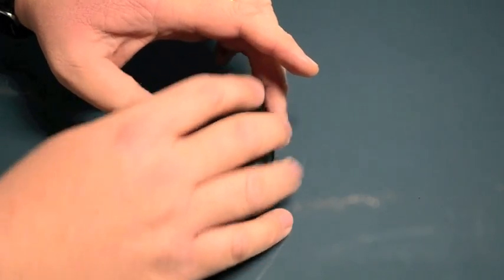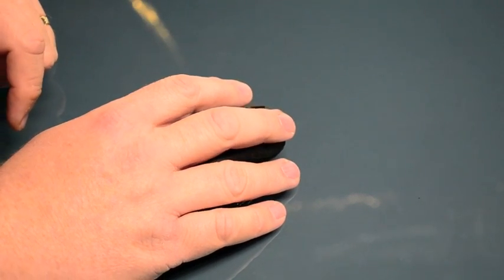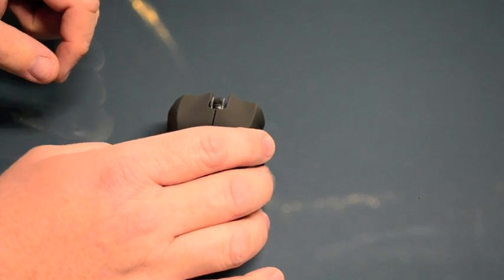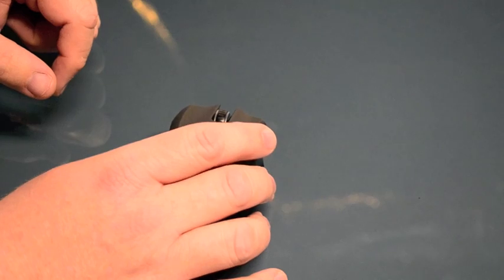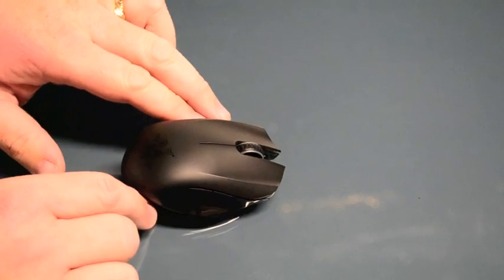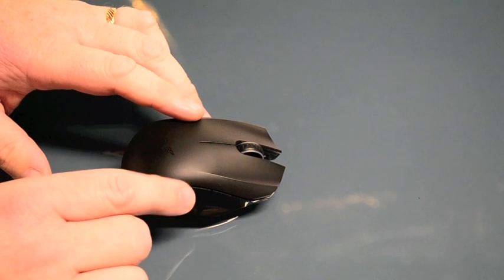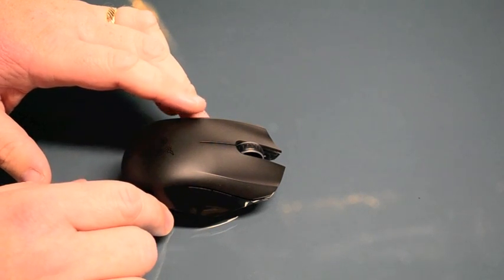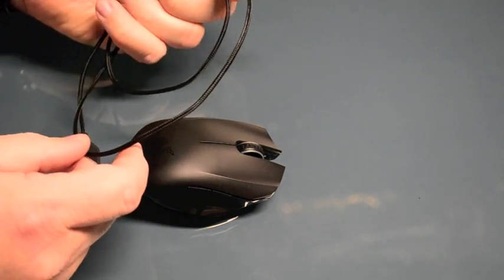Now this top is almost a gripping feel, so if you're working with it for a long time, maybe a long gaming session, or maybe you're just using your computer for a long period of time, it's comfortable and you can hold on to it. It's very accurate. Because it's a Bluetooth mouse, you might think that it has some difficulty with connection. I've had some problems with Bluetooth mice in the past, but this one I haven't had any difficulty at all with. When it ships, it comes with a USB